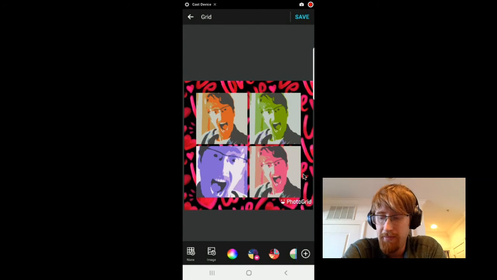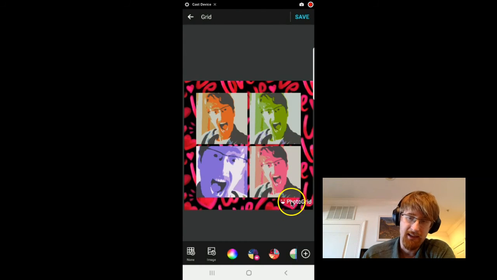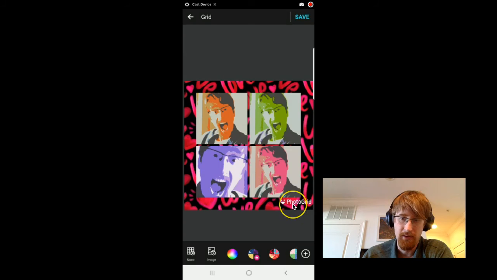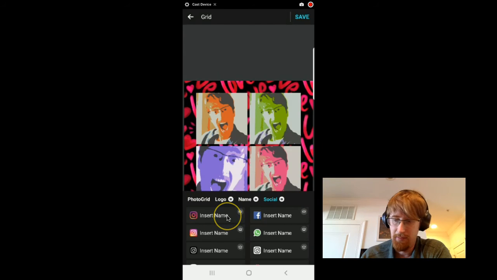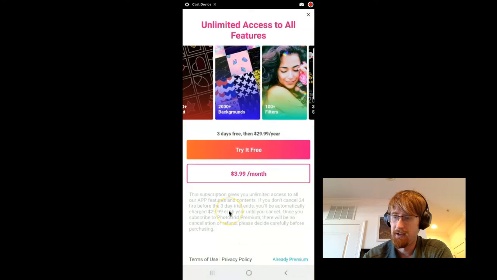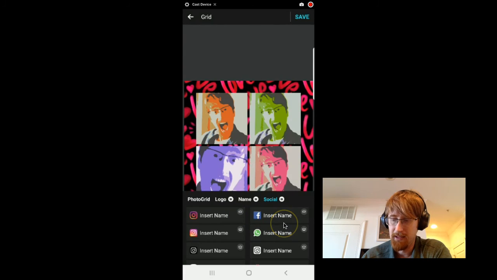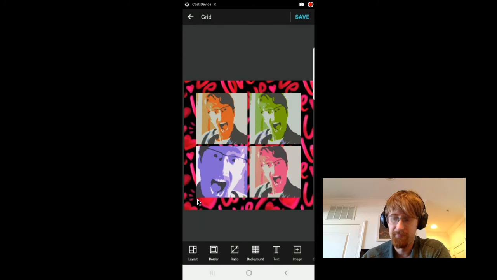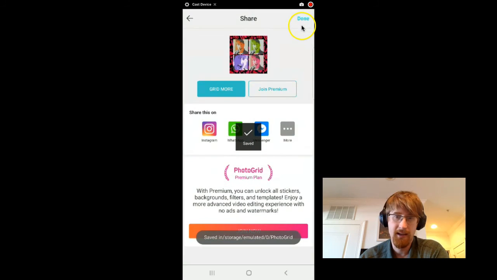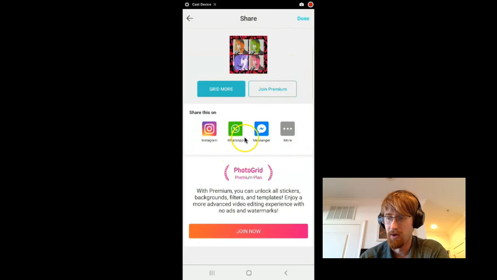The only other thing before I'm finished, I'm going to show you how to get rid of this watermark here down at the bottom. So you tap it on your phone, and then this will pop up, and this is where you could put your Instagram handle in there. But in the meantime, I'm going to hit PhotoGrid and hit the off button, and it will disappear. So then when I'm finished, I just click save,